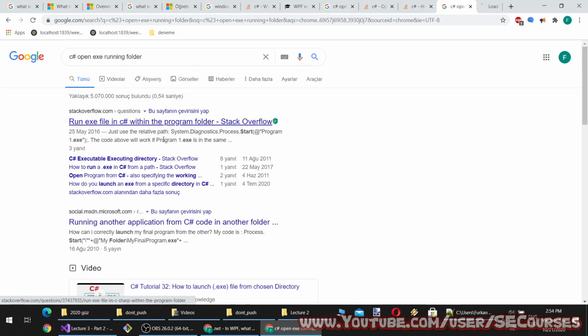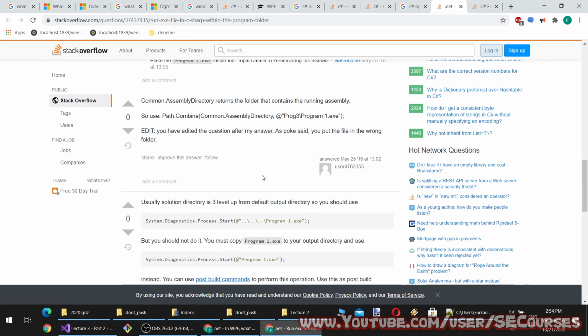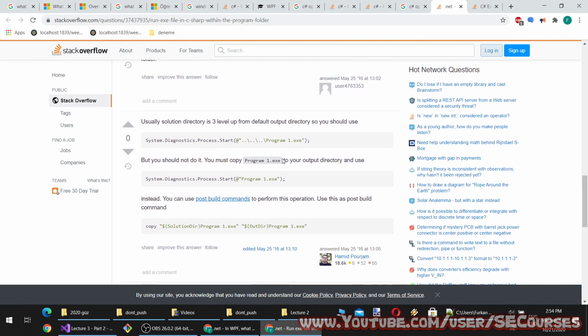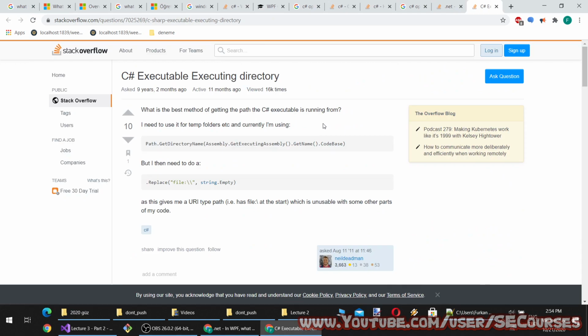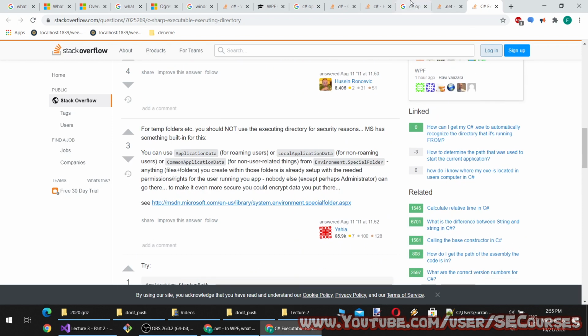C# open exe running folder. Okay, this is the GetDirectoryName.